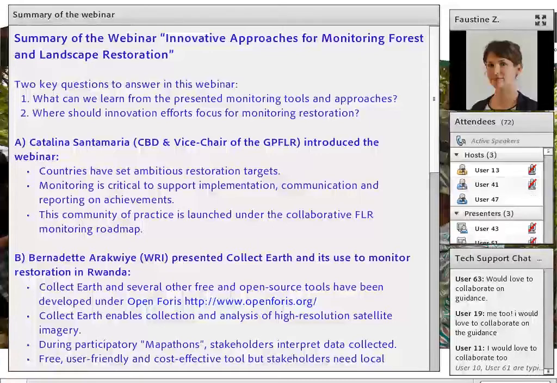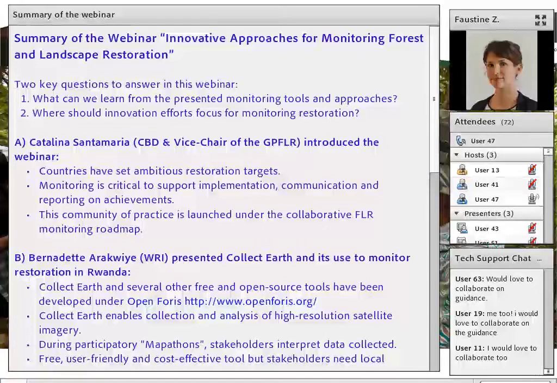Rakan Zahawi finally presented the use of drones for monitoring restoration in tropical forest ecosystems, building on results from joint research in Costa Rica. Drones, in this case, were pre-programmed to follow specific flight paths. A digital camera on the drone takes pictures, and the imagery that is captured is then processed and analyzed by trained